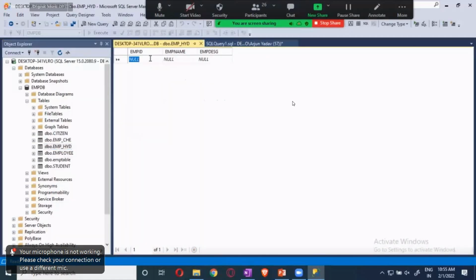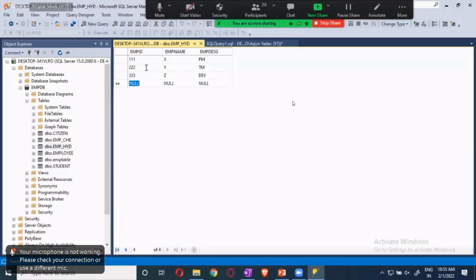Employee ID 1, X, designation PM; 2, Y, PM; and 3, Z, as developer.